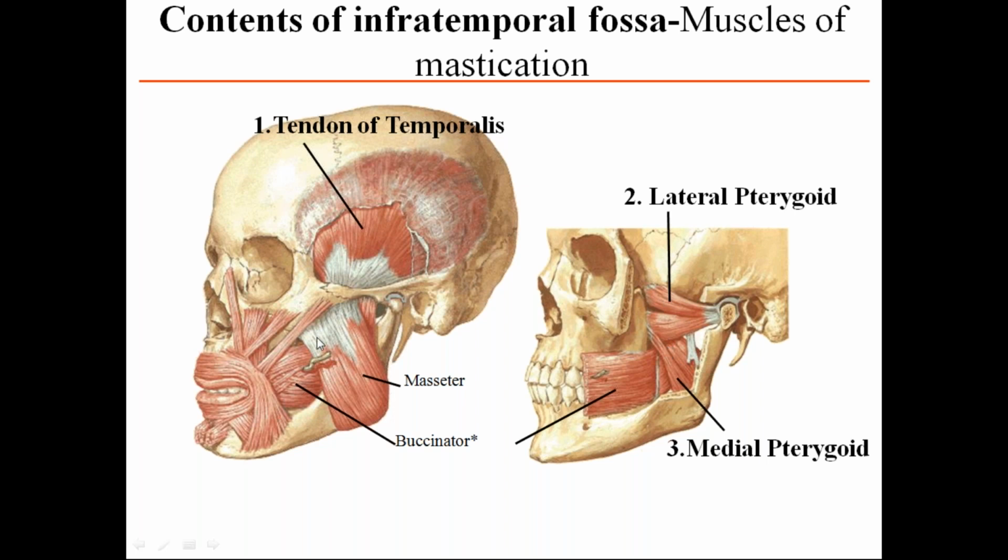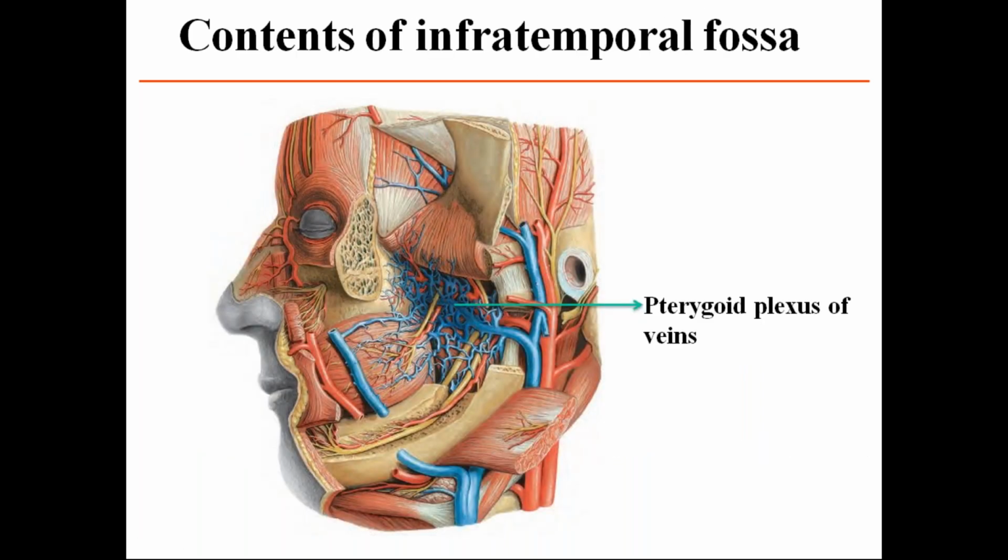So the masseter is located outside the ramus of the mandible. That's why it is not included in the infratemporal region. Okay. So these are the muscle contents in the infratemporal fossa. So next, if you see blood vessels. So the zygomatic arch is cut, and again the coronoid process is cut here. The temporalis muscle is reflected above. Okay. So understand the picture first.